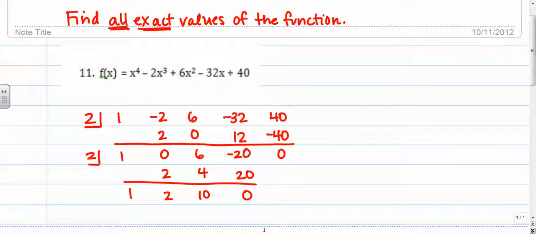Okay, so what are we left with? I have 1. My degree has been decreased down to a square, x squared plus 2x plus 10. If this is something you can factor, then please do so. But because we didn't see them on the graph, chances are they're not going to factor out. So I need to figure out how to solve x squared plus 2x plus 10 to find the missing zeros. You could use completing the square on this. That wouldn't be a bad problem, although most of you don't like completing the square,